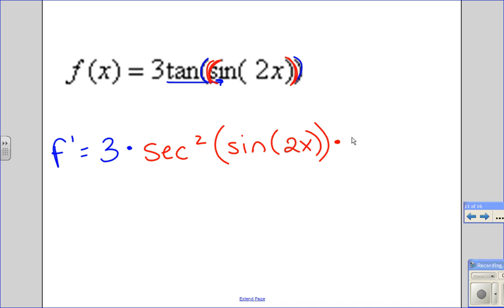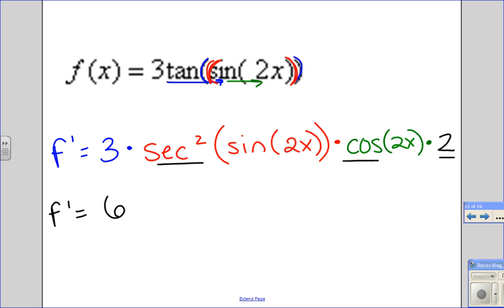So the derivative of sine is cosine of 2x. Still working our way in, the derivative of the very, very innermost part of 2x, the derivative of 2x is just 2. So you see these three steps here. I work my way through the tangent, I work my way through the sine, and then I work my way through the 2x. So that's the secant squared, the cosine of 2x, and then the 2. Simplified answer